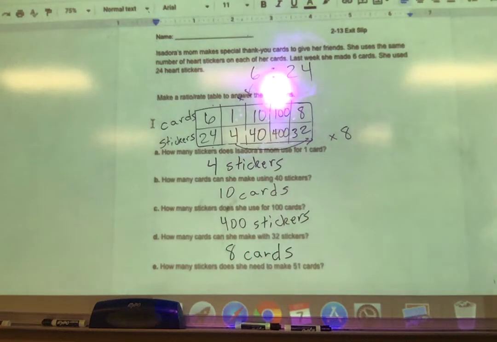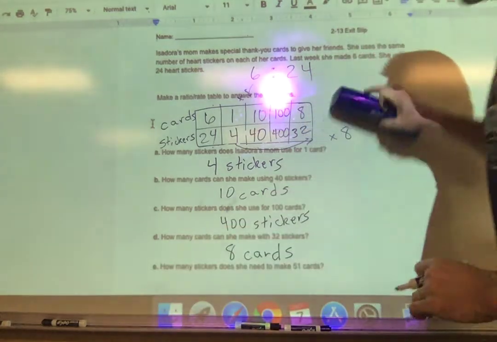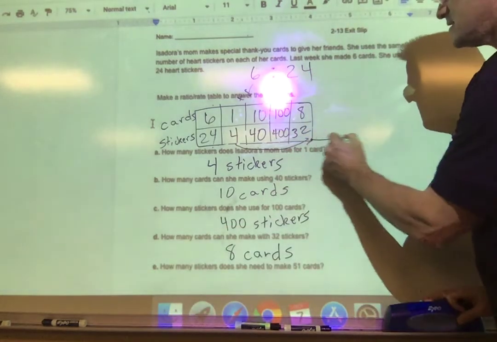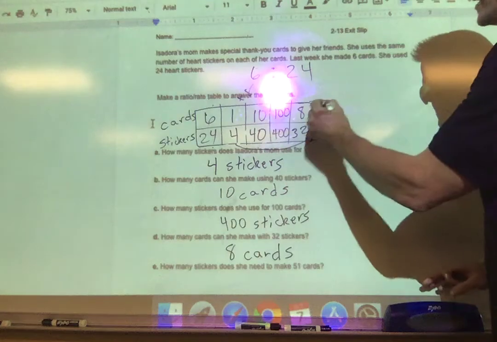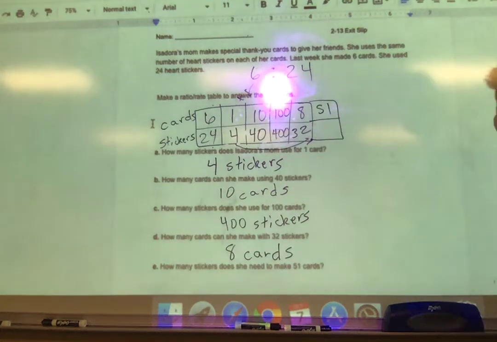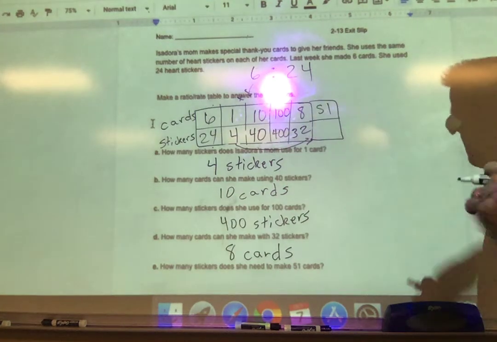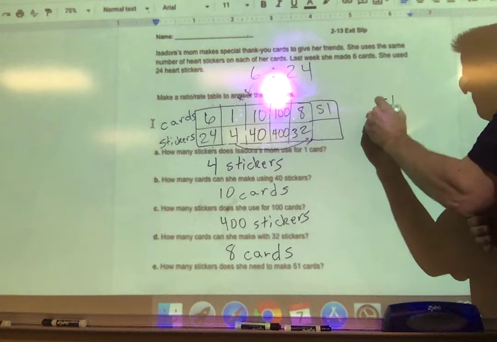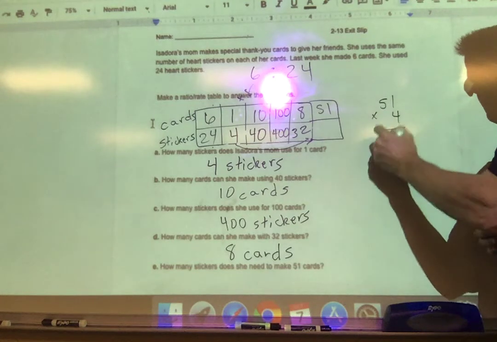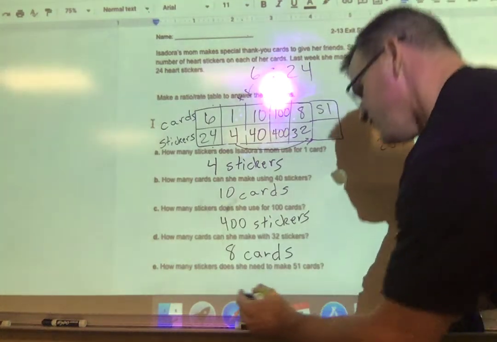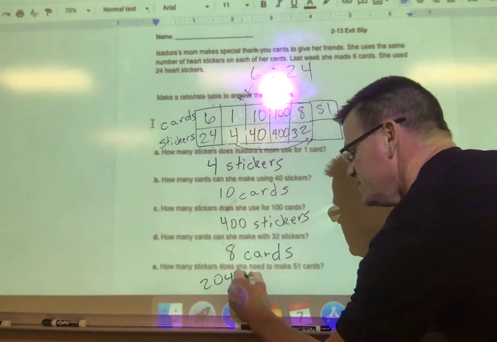And then the last one, how many stickers does she need to make 51 cards? Better get this in here, add one more on. So this time I want cards, 51 cards. And I know every card has 4, so I'm just going to take 51 times 4. And use that, and I get 204 stickers I would need